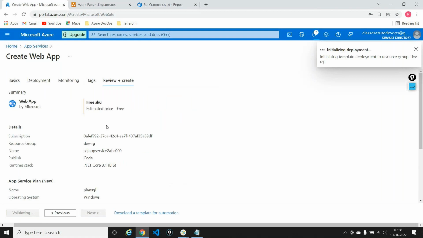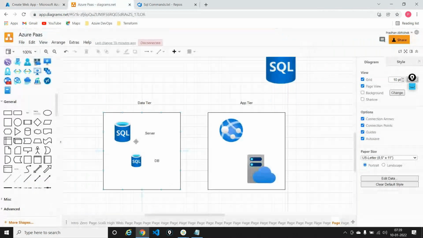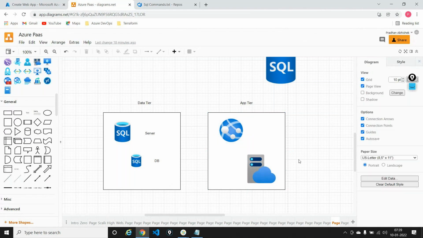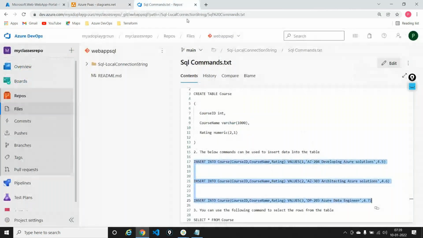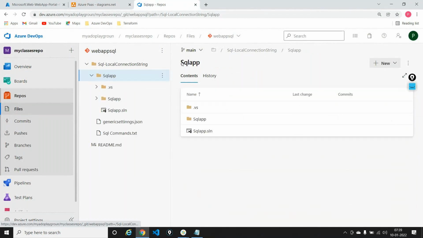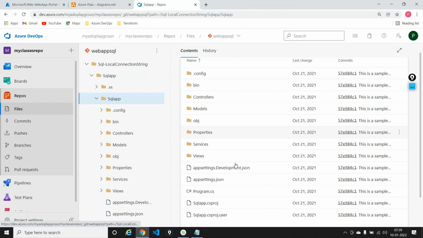So I am now creating the application tier right now. So I have the data tier. Now I have the application tier. Now all that's left to do is a couple of things. I have the code for this particular demo, which is called SQL app, and this is the solution file of the code. And if you look at the code, it's written in a language called .NET Core because